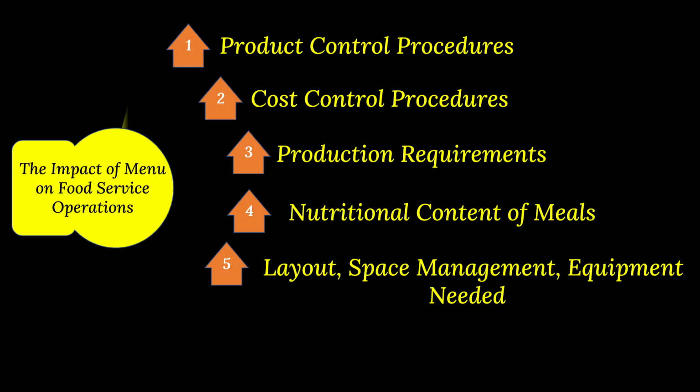Next is layout, space management and equipment needed. There must be adequate facilities for the staff and equipment required to produce items listed on the menu. The layout and design of facilities establish the physical space within which food production and service takes place. The physical facilities must be adequate for the purchasing, receiving, storing, issuing, production and serving of every item on the